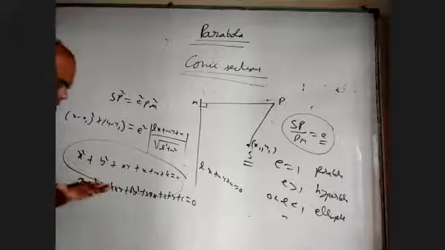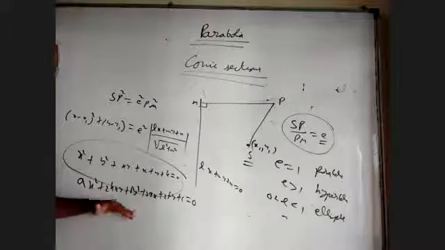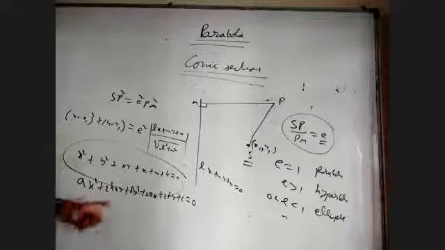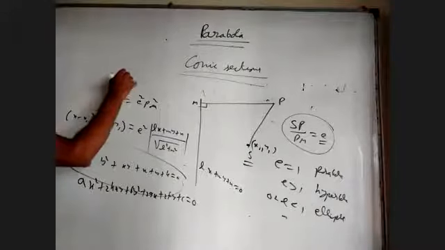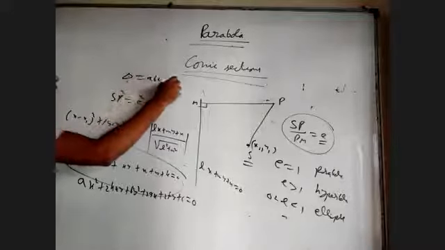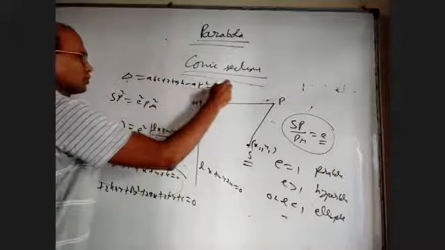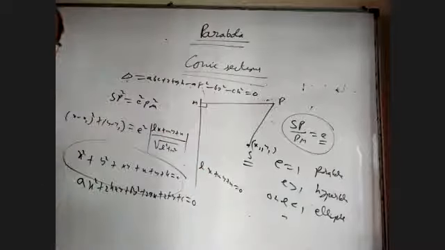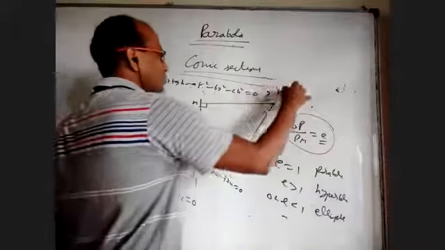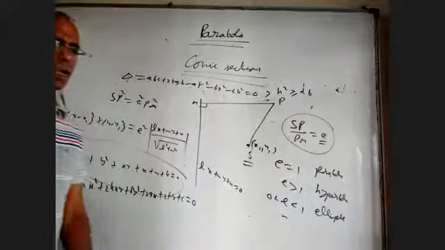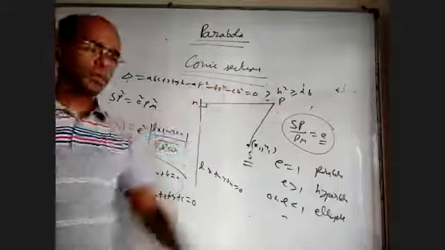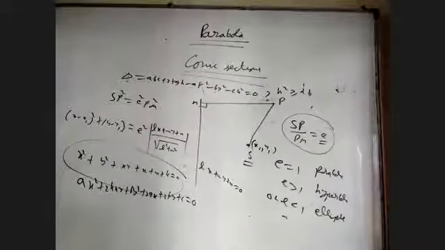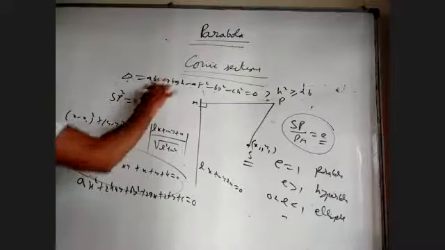Anyway, when will this equation represent a pair of straight lines, and when a circle? We have properties. For it to represent a pair of straight lines, delta, which is ABC plus 2FGH minus AF square minus BG square minus CH square, would be 0. That's called delta. And H square should be greater than or equal to AB. When delta is 0 and H square is less than AB, this will represent nothing. No point will satisfy, though sometimes a single point may satisfy. That is when delta is 0.